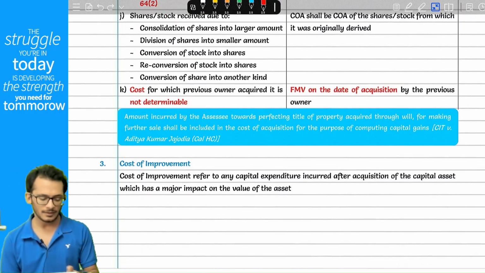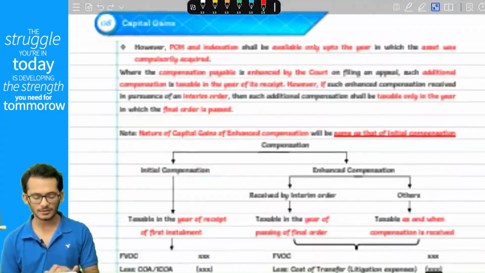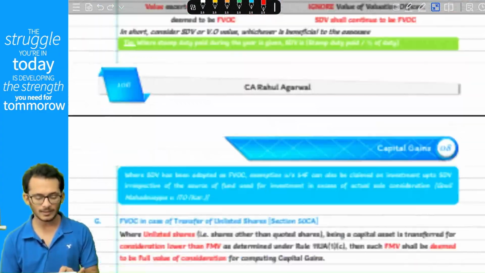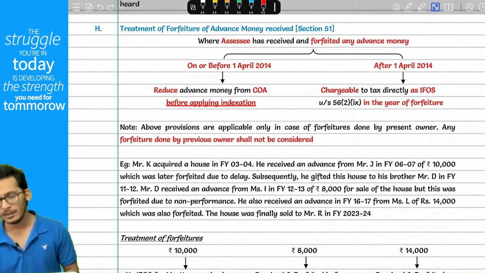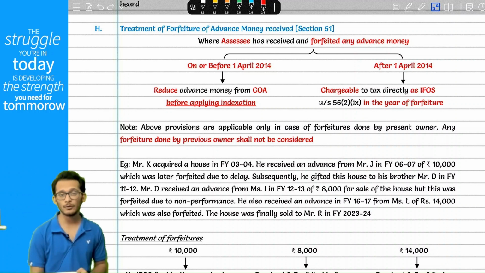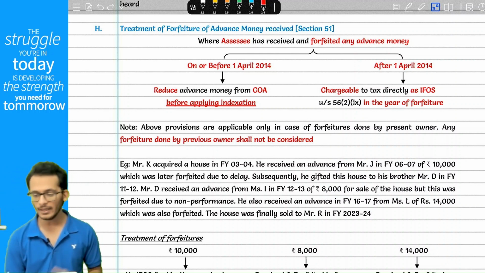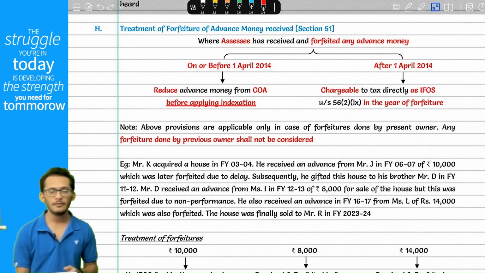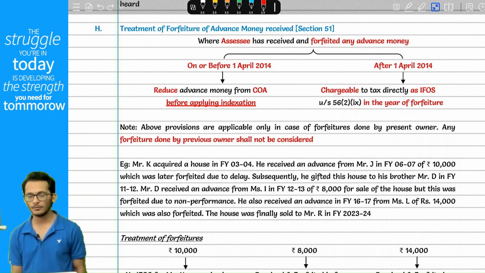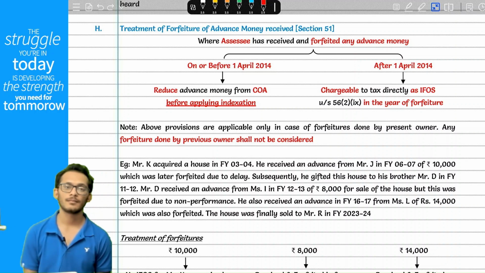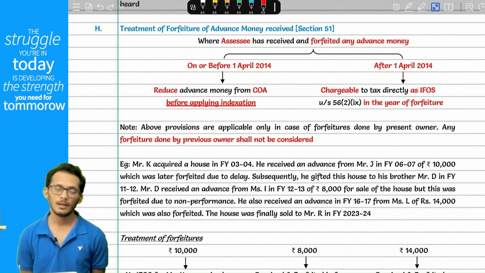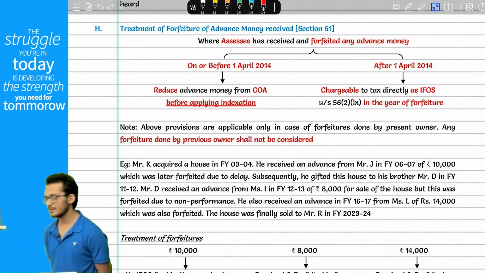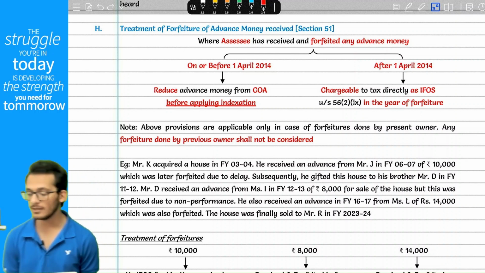Yes, in this cost of acquisition, you have the next thing called advance forfeiture. Income tax comes and says that if you have taken some advance from someone and forfeited that advance, ask yourself, have you forfeited the advance before 1st April 2014 or after 1st April 2014? If you have forfeited the advance before 1st April 2014, you will reduce it from the cost of acquisition after indexation, before indexation. If you have done this forfeiture after April 2014, you will directly